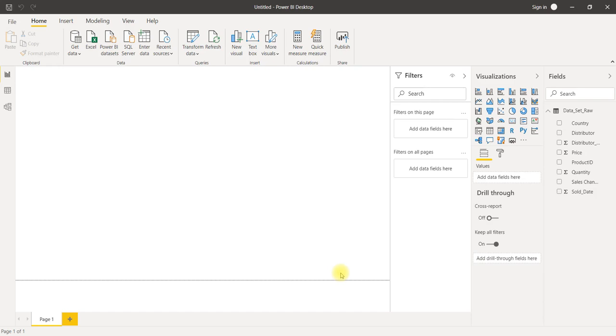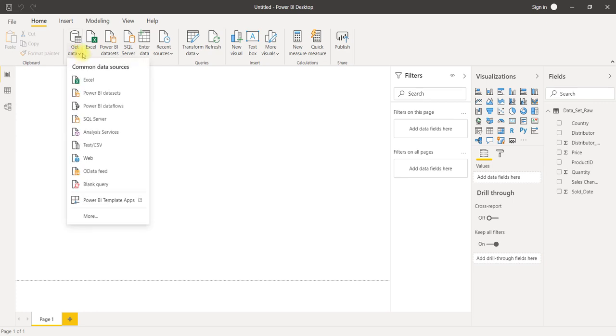The first step in Power BI report generation is loading data into Power BI. What types of data can we load? We can load Excel, we can load a Power BI database, that is nothing but an Access database. If you are creating a database in SQL, you can load that one, or we can use many other types.